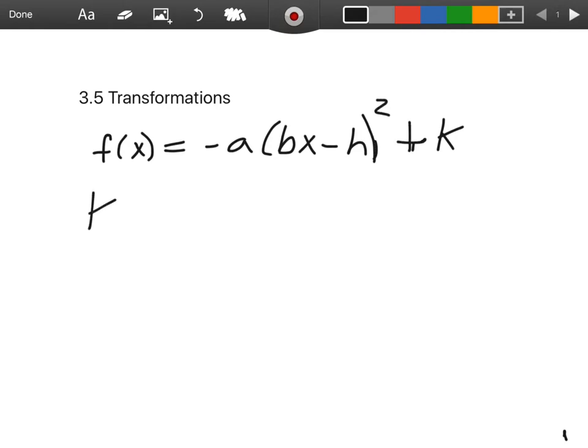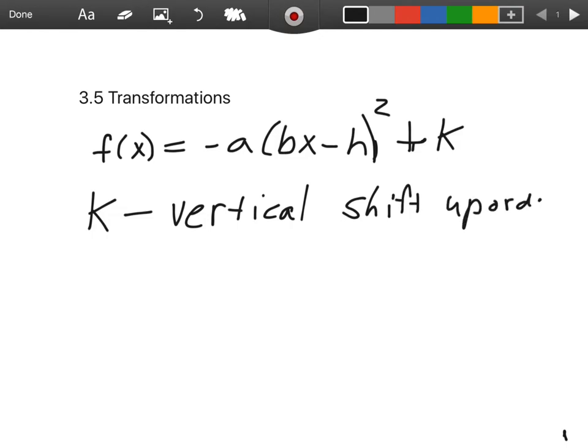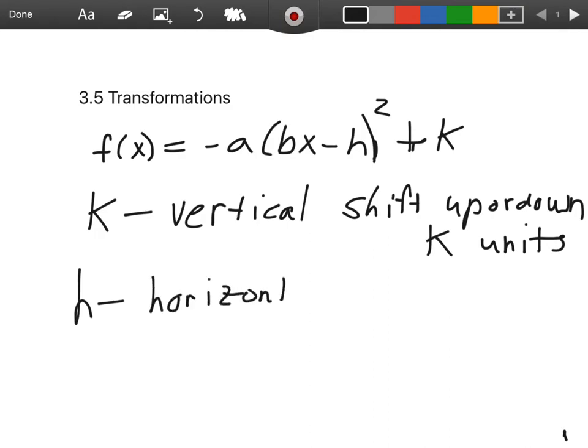So the first one we're going to start with is this K. This K is a vertical shift up or down K units. H is going to be a horizontal shift. That is left or right